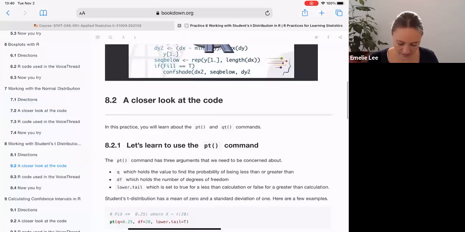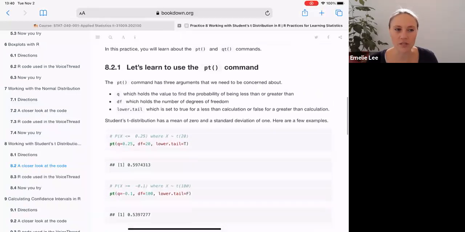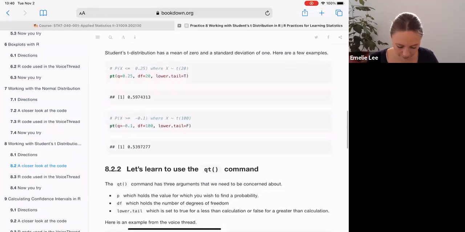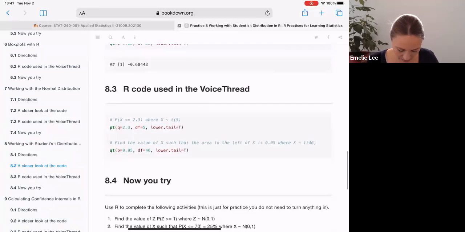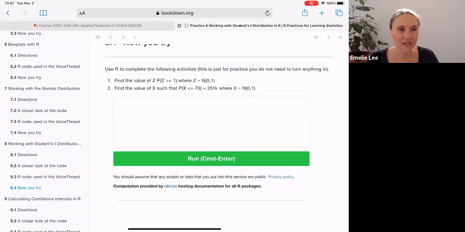And he just seems, from what I've seen, really clear and concise on the different things you might want to do with R, just the basics. So he talks about the qt, the pt command, and then he's got this cute "now you try." You can type in your code there, it's just a little R code chunk, and you can run it by hitting that green run button. And then I think it'll give you some feedback. I didn't try it too much, but